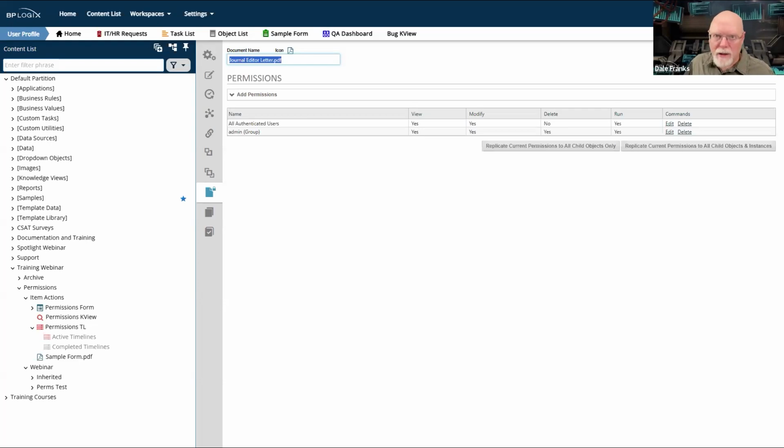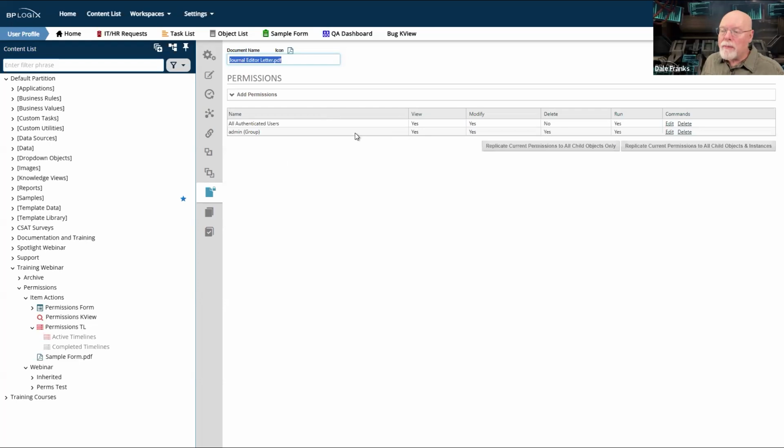In many cases, replicating them to the child instances probably wouldn't have hurt anything, but I have a special circumstance here. I have a special set of permissions that I only want applied to the document. But because I said replicate to all child objects and instances, Process Director assumed that that is what I wanted it to do, and so it did.